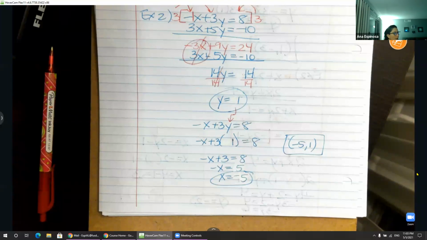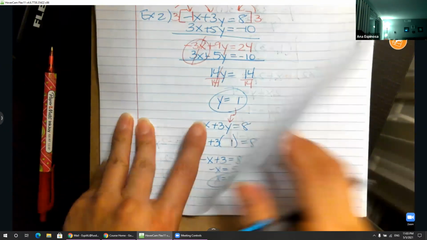All right, what we're going to do next is I'm just going to give you a brief overview of the graphing method, which you should already know because we already did that. Okay, and then we are going to solve by elimination and substitution some of these more complicated ones. Okay, so let's just recall really quickly. Okay, when graphing,